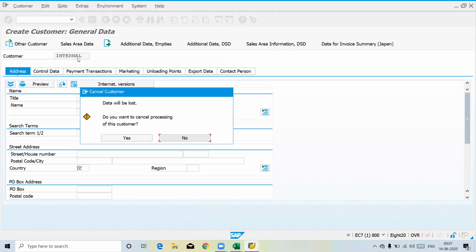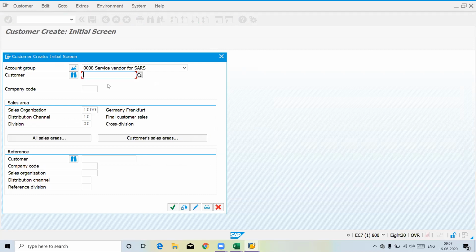It is saying internal. Internal means that once you save this customer, a number will be generated, as we already saw in the example of creating a customer. That number is driven by the system itself, picked from a number range you have created. In certain cases, the number will be input by you, like Thomas.